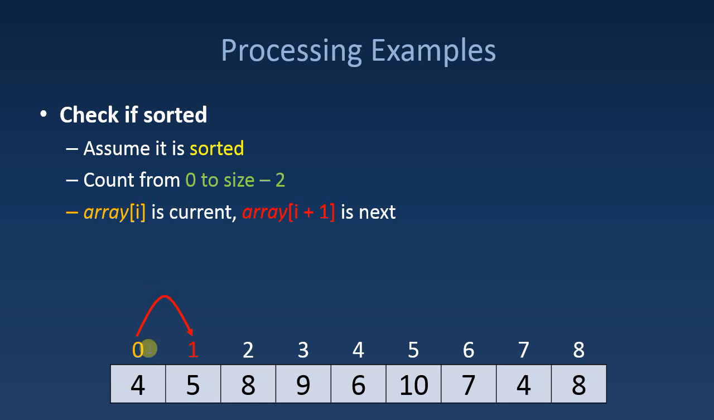So I'm going to count from the beginning to the end and compare the current thing with the next thing. Right? If array sub i is the current one, then i plus 1 would be the next thing. So I compare 0 versus 1, decide, okay, that looks okay. 1 versus 2 looks okay. Keep going until I find something like this where, oh, we've got a problem. This must not be sorted. Now, if I don't find a problem,